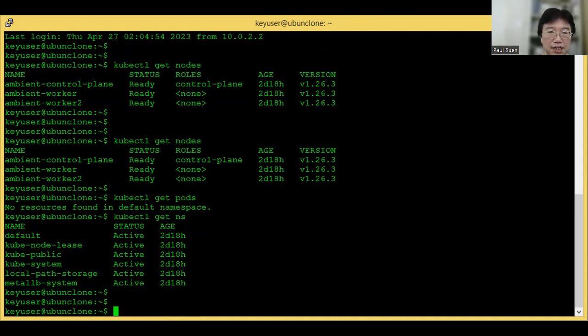So our first step is to download and install the Istio service mesh, the ambient mesh.